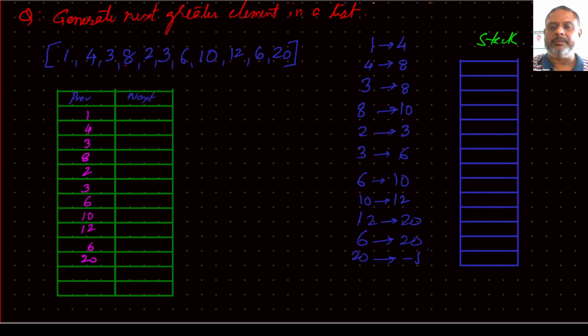So let me take an example and start. First element 1, push onto the stack. The next element is 4. So what is on the top of the stack? On top of the stack it is 1, and what you have now is 4. So just check, is 4 greater than what is there on top of the stack? Of course, yes. So that means 4 comes after 1, and this 4 is bigger than 1. So the answer for 1 should be 4. So you write the answer 4